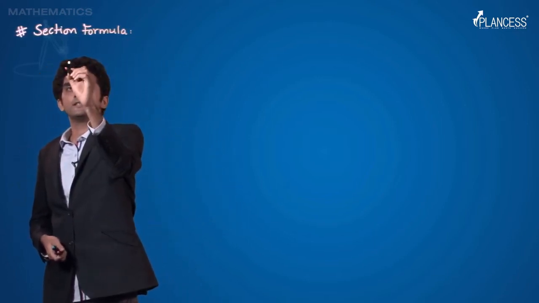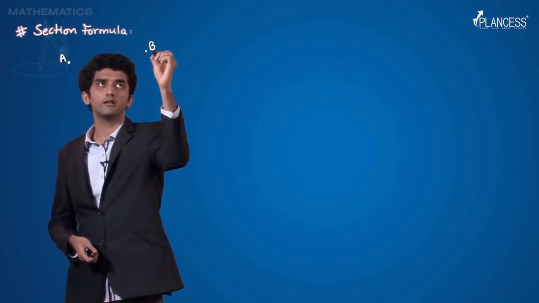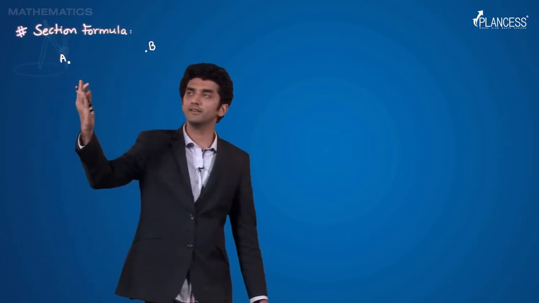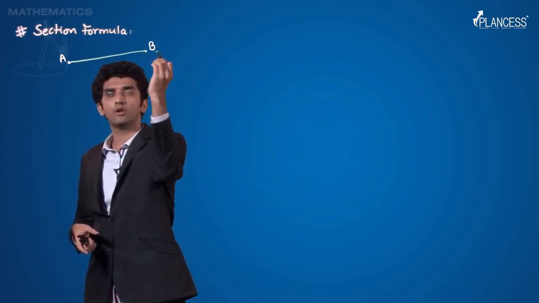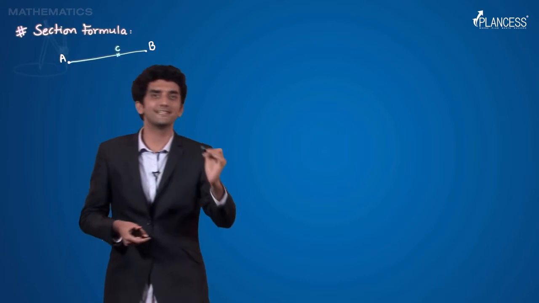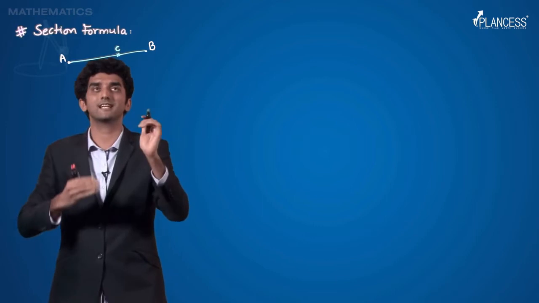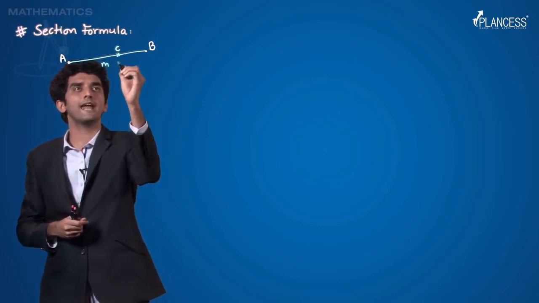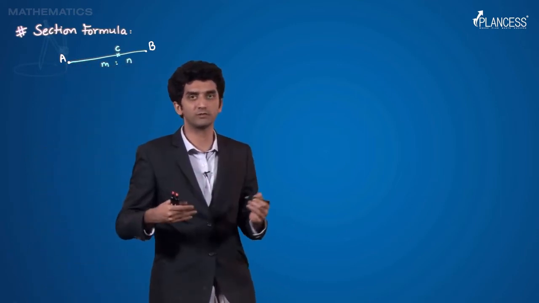Right? So we have 2 points. As I said, this is point A, let this be point B, right? Now when we know the coordinates of A and we know the coordinates of B, and when we connect this segment with points A and B, on this particular segment, if we have another point C which divides the segment joining A and B, basically if C divides the segment AB in the ratio M is to N, then how to find the coordinates of C is what section formula is all about.